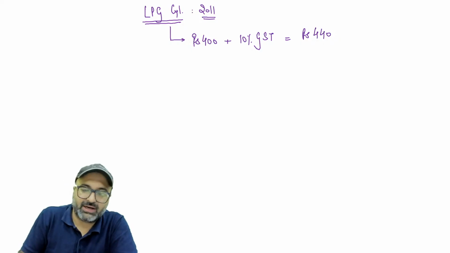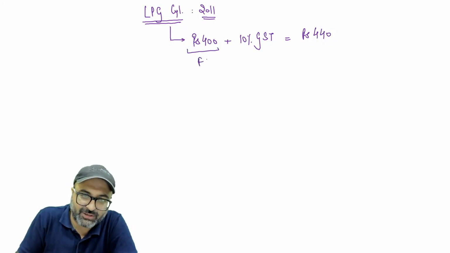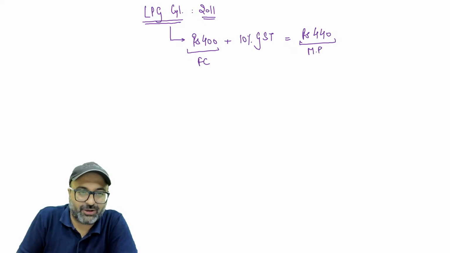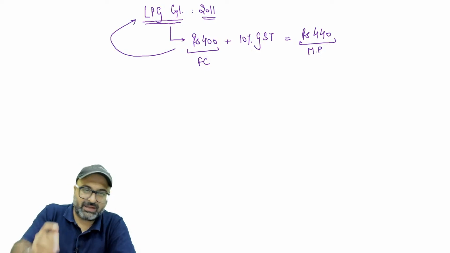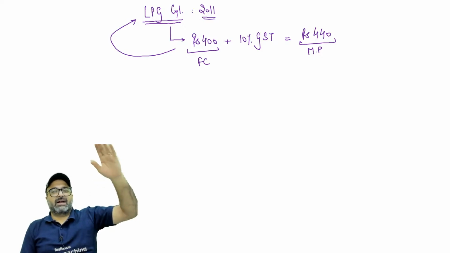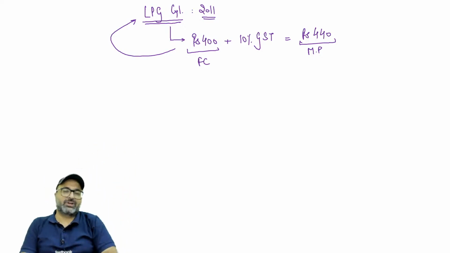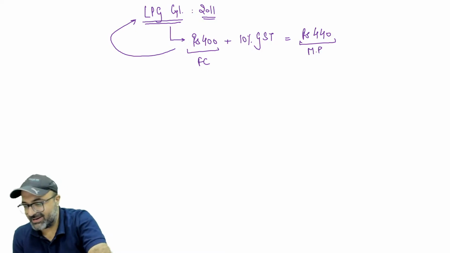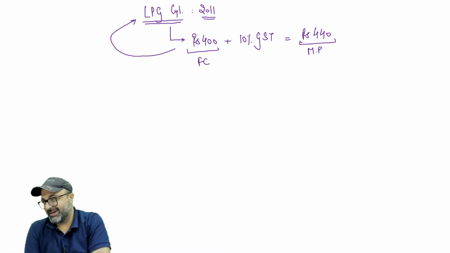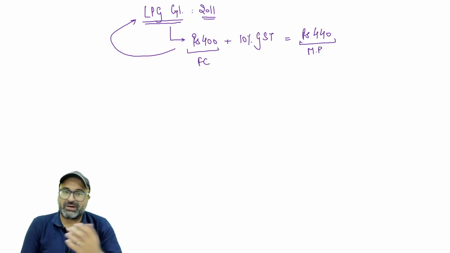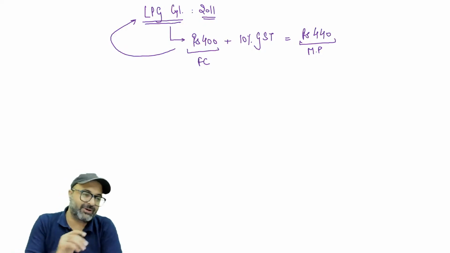I said, very good, this means this is the factor cost and this is the market price. And I went to the manager of the LPG cylinder agency and said, please call your higher authorities, your managing directors, and tell them Madhav Arora is our customer and he knows that you are receiving 400 rupees against each and every cylinder. The manager replied, sorry sir, you are wrong. I said, how come I am wrong? I am pretty correct because I learned the entire concept yesterday from my teacher.